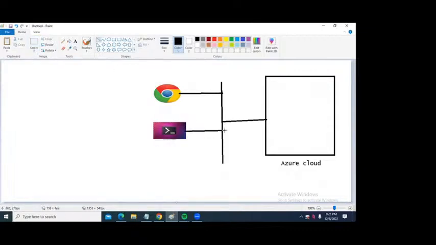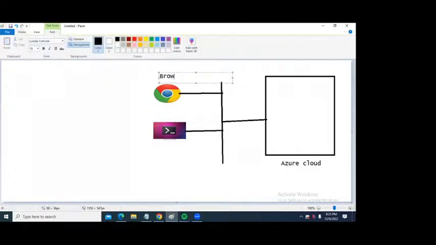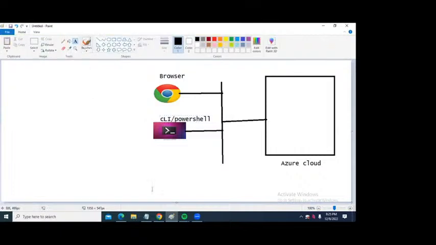Unnecessarily Azure doesn't give this many ways. This is from browser or website. Now this is from CLI. It can be CLI or PowerShell. And one more is from templates.